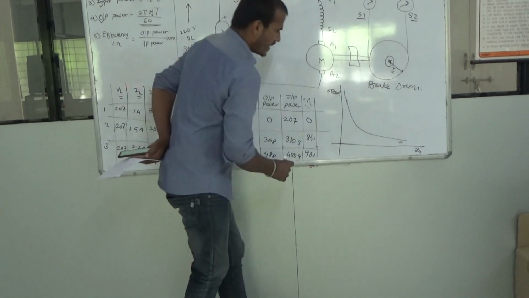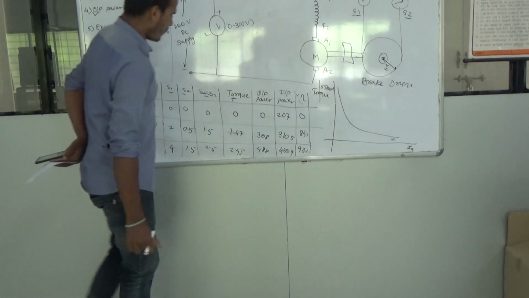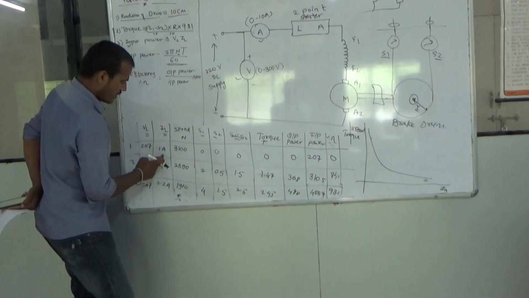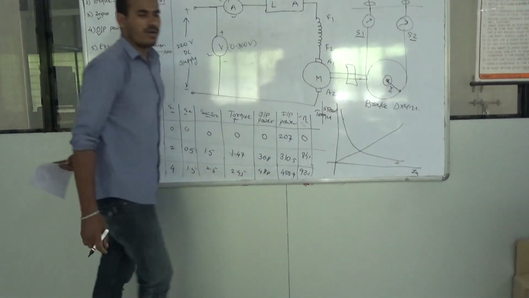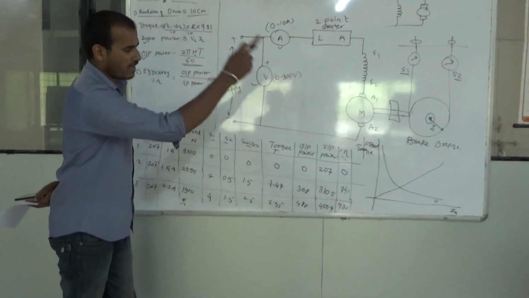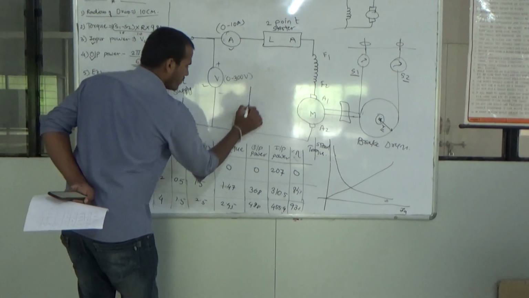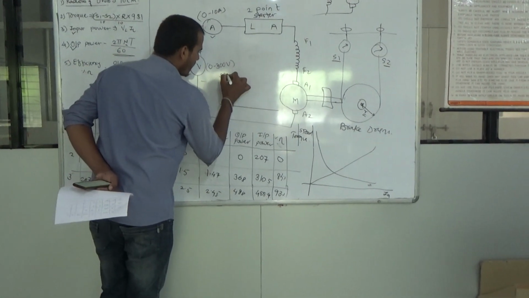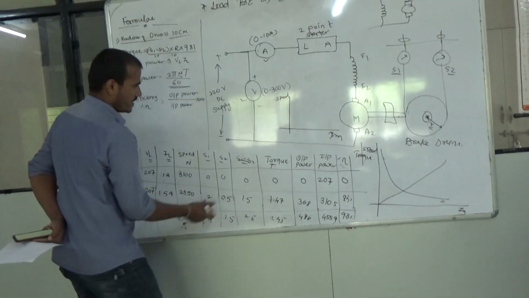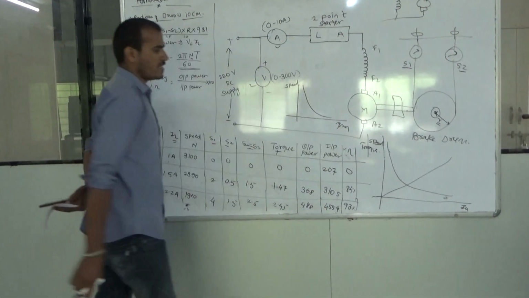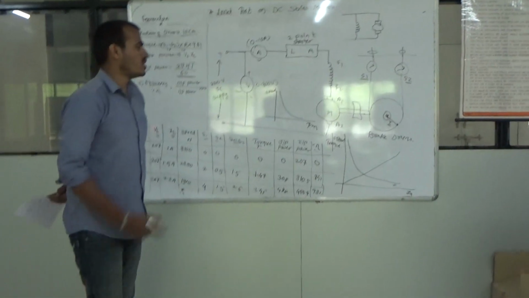Then the second characteristic we will draw for the torque. We can see torque is increasing, our current is also increasing. So torque and armature current, that characteristic we will see like a linear. And now torque versus speed I will draw here. Here I will take speed and the torque will be here. My torque is increasing but speed is decreasing. So similarly I will get the speed-torque characteristic, inversely proportional.